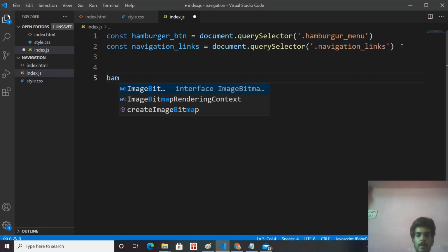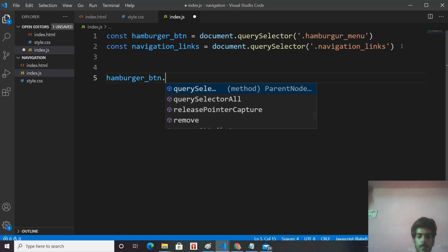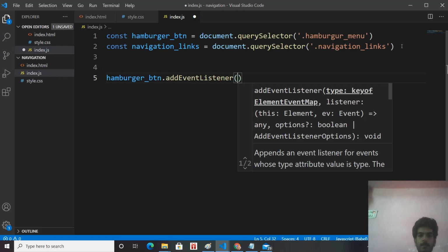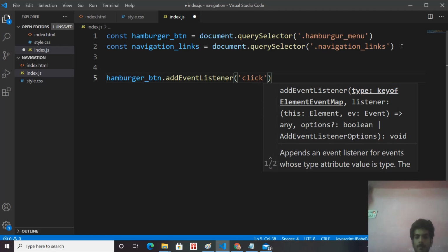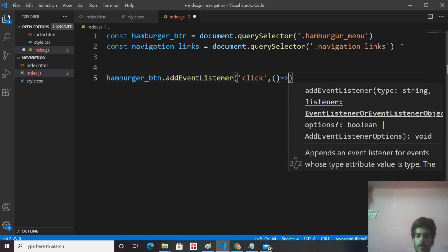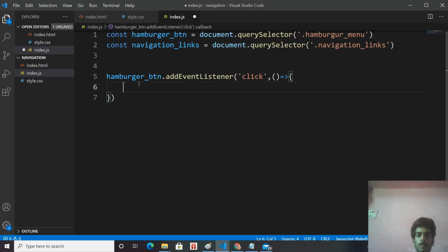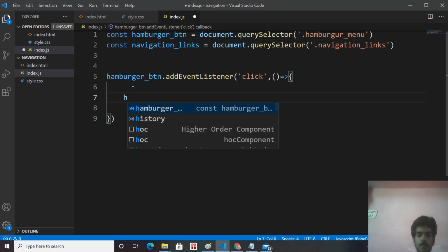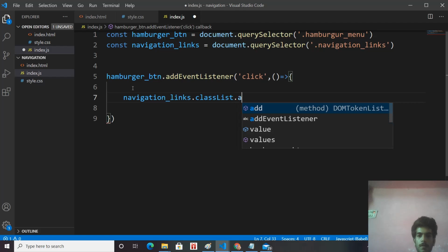On the hamburger button, add event listener of click event, and in the second argument, it is going to execute the callback function, in which we want navigation links dot class list dot add